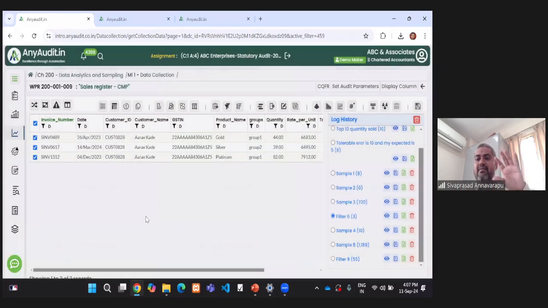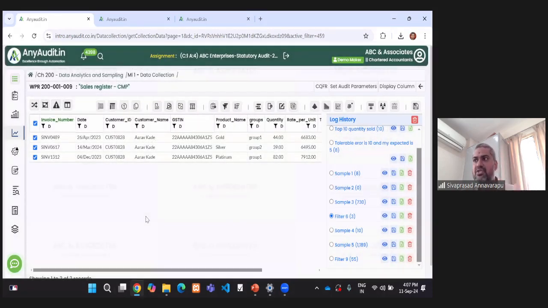Just to give an example, let us say I have a rate master. So from this date to this date, the management had fixed that this should be the rate of the product. Like that, the rate of the product was changing. The MRP of the product was changing periodically, and in a year, it has changed 3 or 4 times. Now I want to analyze whether the product has been sold within the range that is applicable to that particular period. Now that I can do at a click of a button.